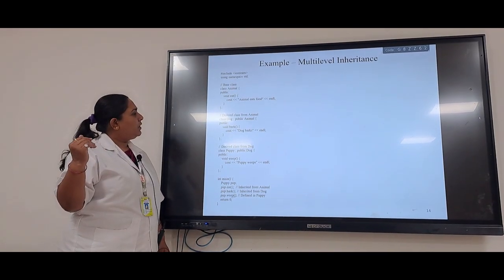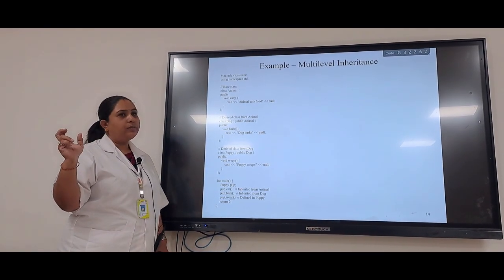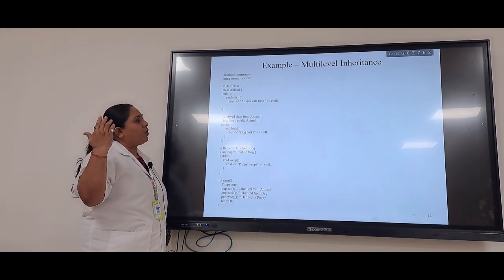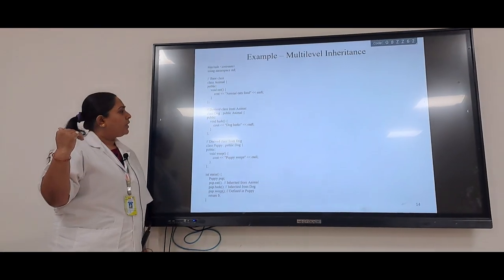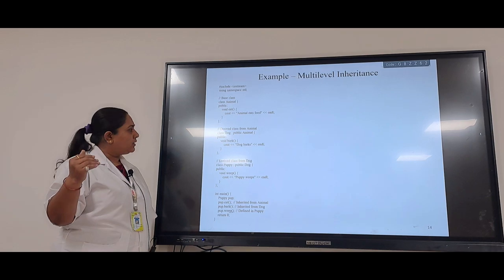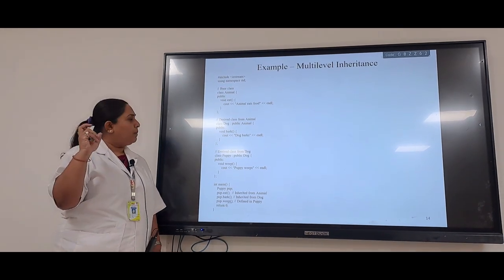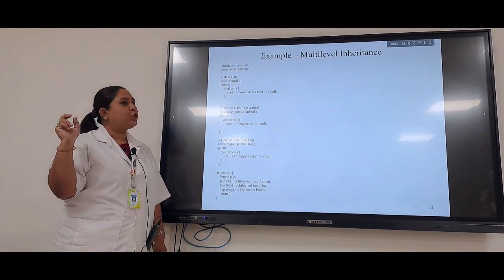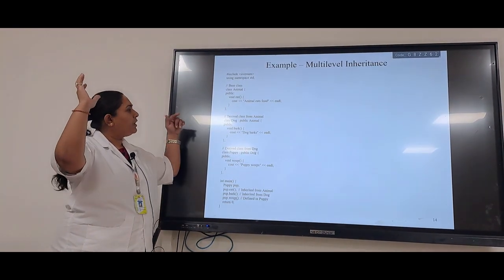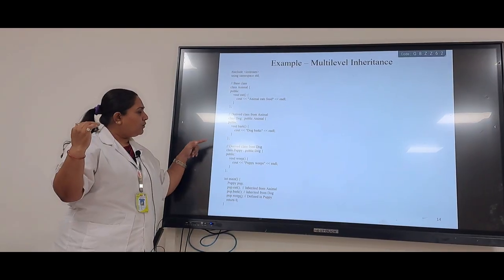Next I have a class dog, and this dog class is publicly derived from base class animal. Inside this class, I have defined a member function bark. The bark function will display the message dog barks. So we have one base class and one derived class. Come out of the class.